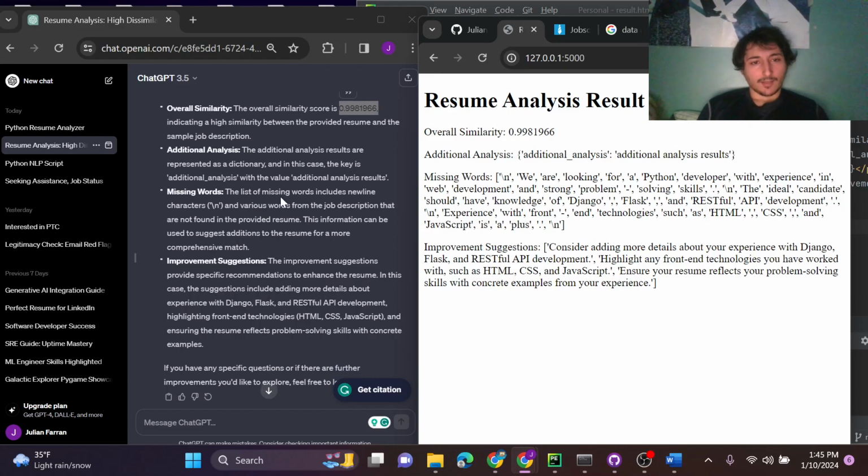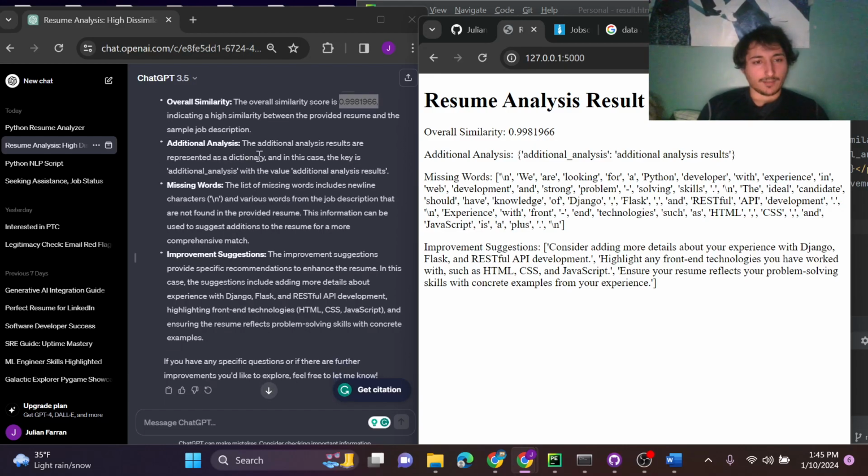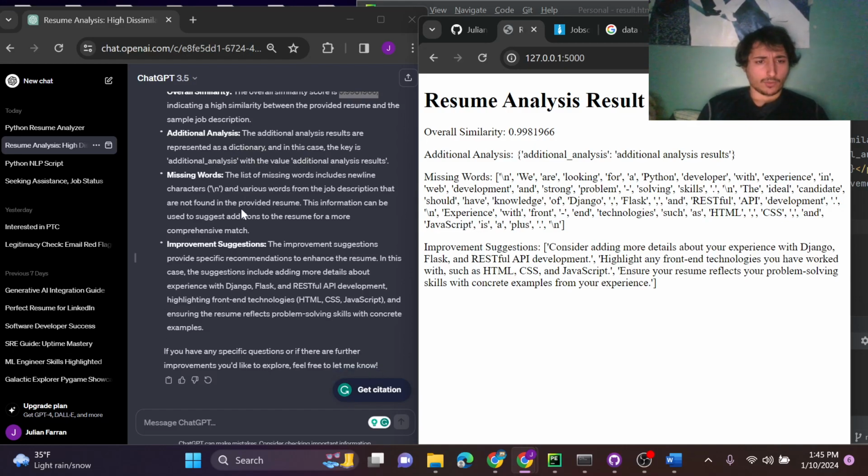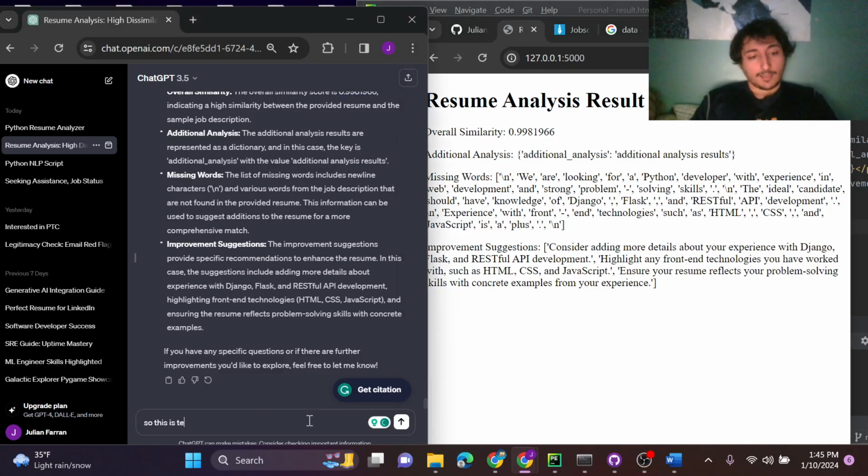The additional analysis results are represented as a dictionary, and in this case, the key is additional analysis with the value. Missing words and improvement suggestions provide specific recommendations to enhance the resume. In this case, the suggestions include more details about that. So this is technically better. But what about we try to incorporate a